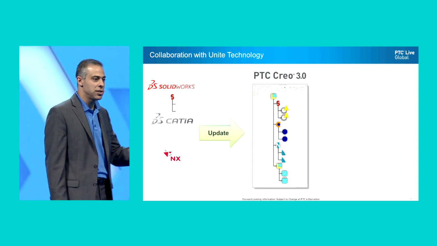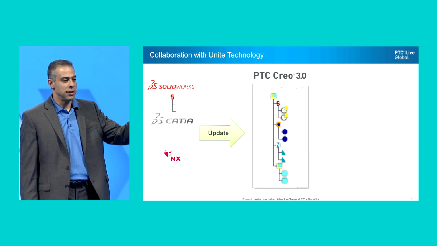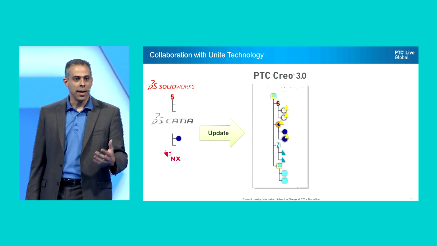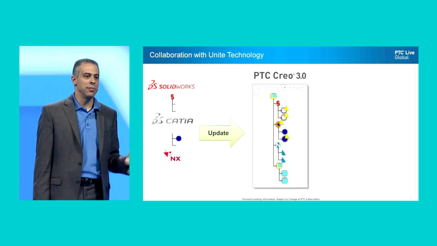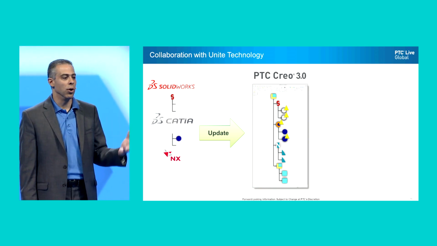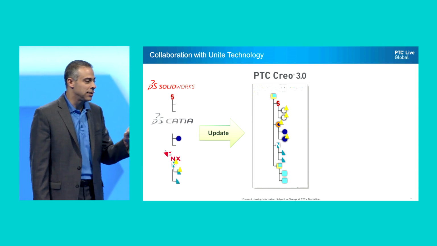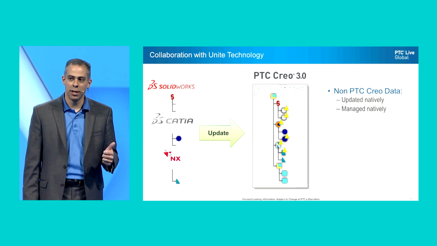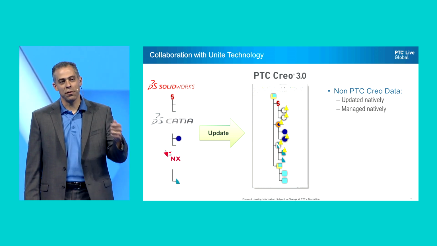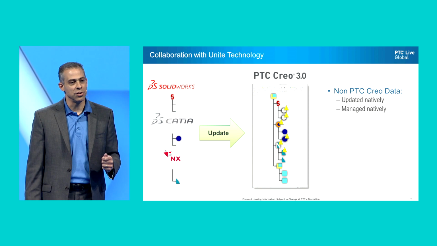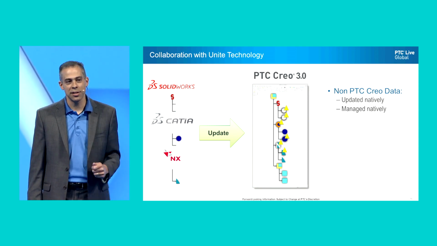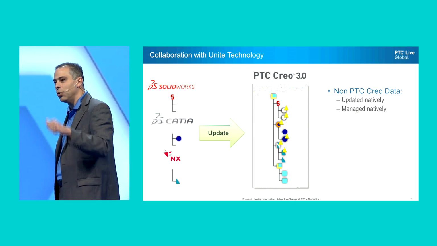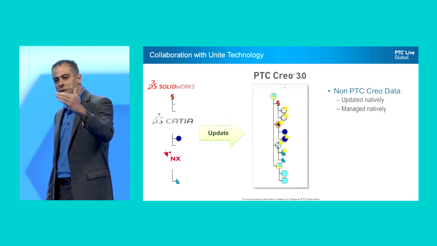When a change occurs, that change is checked into Windchill. That change can be brought into Creo right on the fly, right in session. It's no different than updating your objects in session when you have Creo objects out of date. It works exactly the same way. In fact, with PTC Creo 3.0 and Windchill 10.2 M30, we will proactively notify you if you have objects in your session that are out of date. As soon as an object is checked in, all you have to do is regenerate your assembly. You are notified proactively. You have objects that are out of date, and those objects can be brought in,